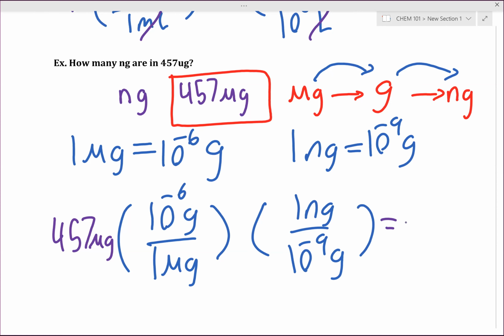Now let's do the second step. 1 nanogram per, divided by 10 to the negative 9th gram. So are you multiplying or dividing by that quantity? Dividing. So we need to go into our calculator and hit the divide button. And then you hit 1 EE 9 sign change. You should see the following in your calculator before you push the equal sign. Everyone okay so far? Then you hit equals, and you should get the following number out in your calculator.